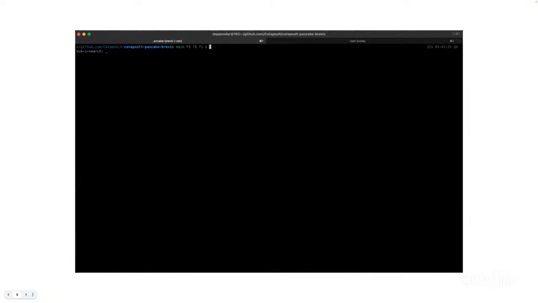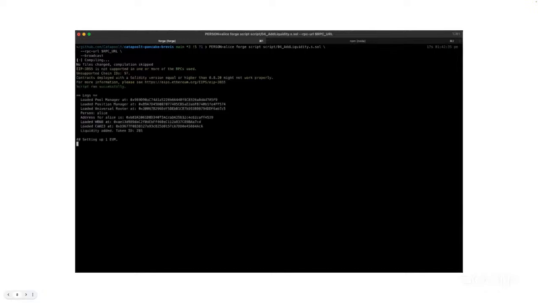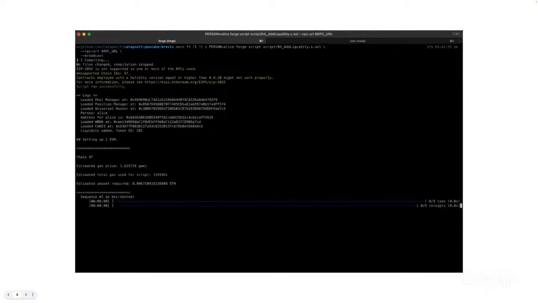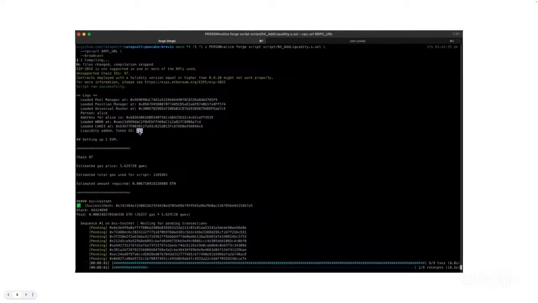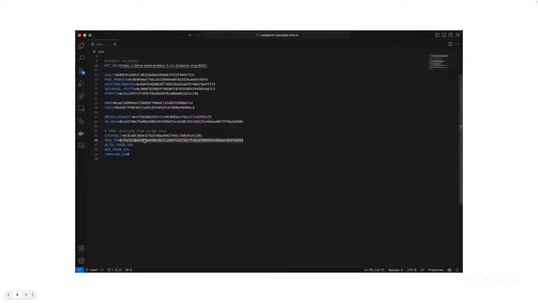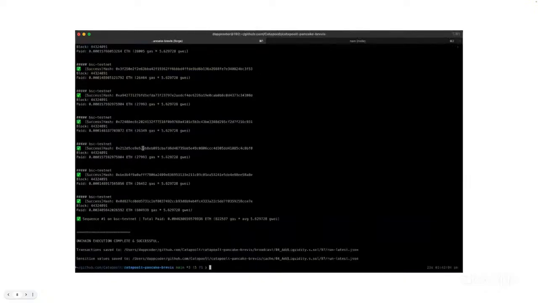And now we have to add liquidity. So we have three actors: Alice, Bob, and Carol. Alice and Bob are LPs, and Carol is a swapper. And here, Alice is adding liquidity to the initialized pool. So she'll add a bit of RepBNB and a bit of Cake3. She got a token ID there, which is basically the identifier of the NFT that is managing the position.